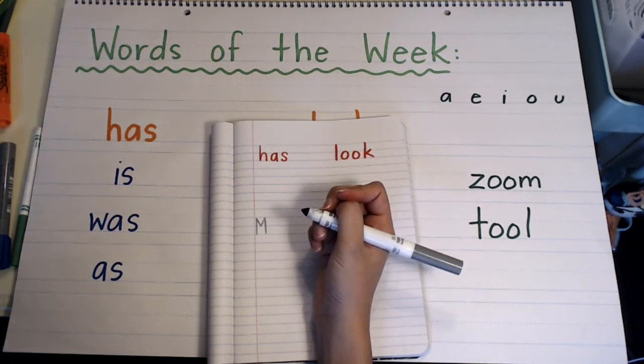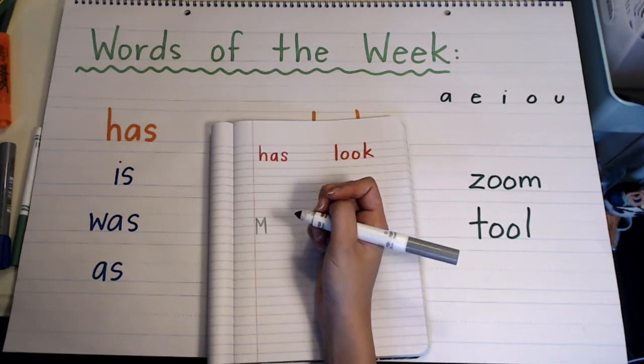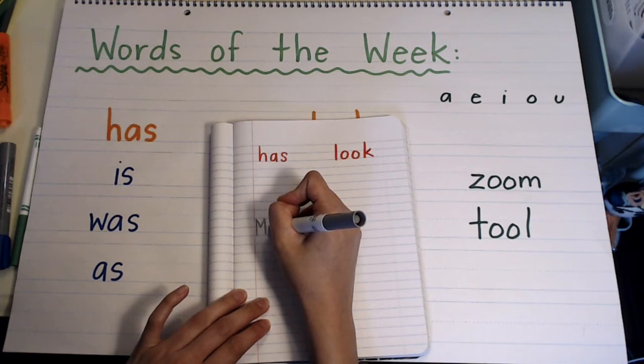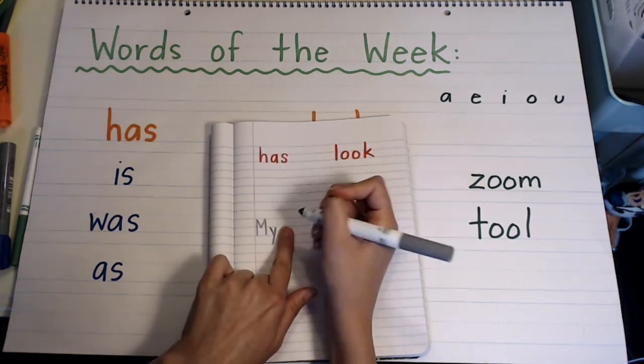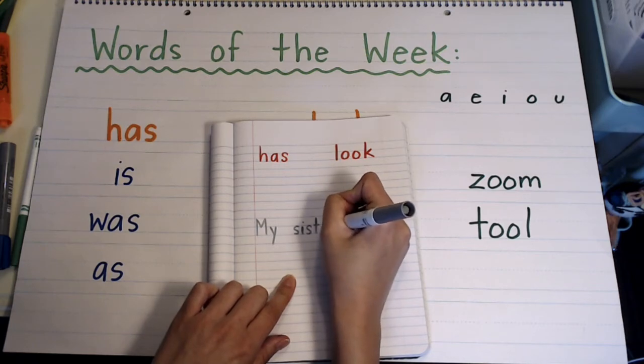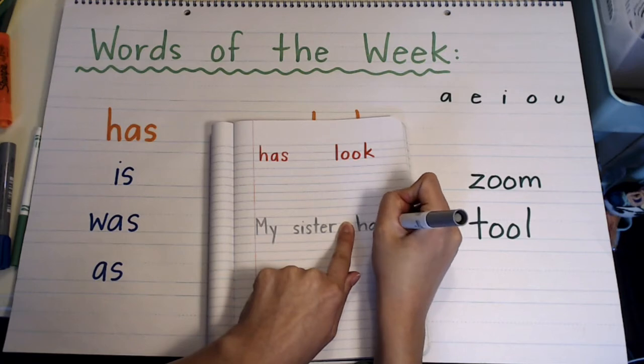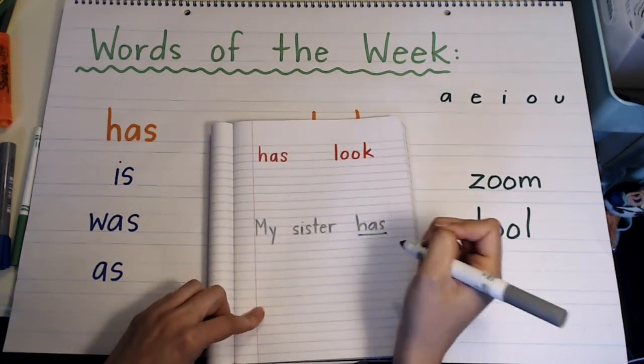The rest are going to be lowercase because I'm not saying any names. I'm not using any proper nouns that need a capital letter. So just the first letter of my sentence. My space sister space has, there's our word of the week, so I'm going to underline it. My sister has